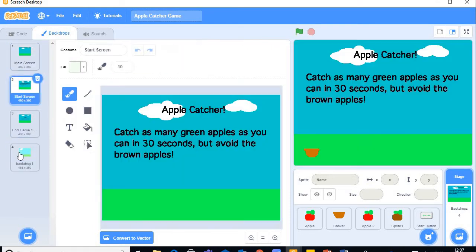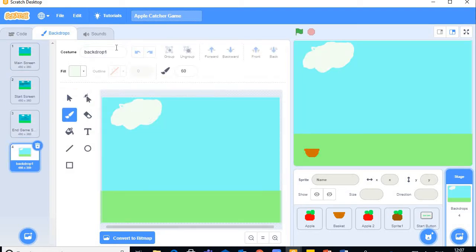And then, once you've done one, so say this is the main screen, make sure you change the title to main screen, because you want to make sure you're naming these, because when you're doing the coding you need to make sure you're selecting the right one. So it's really important to do that. Now that could be the next one. You could do duplicate,